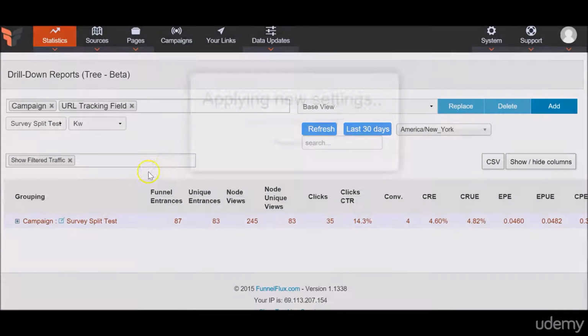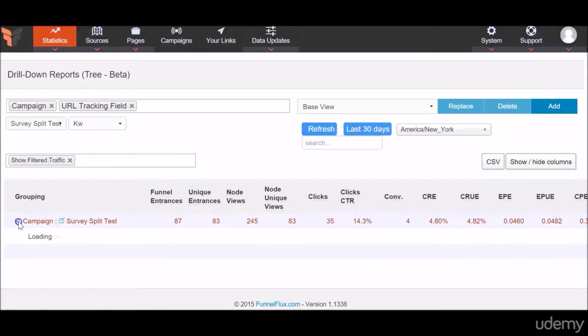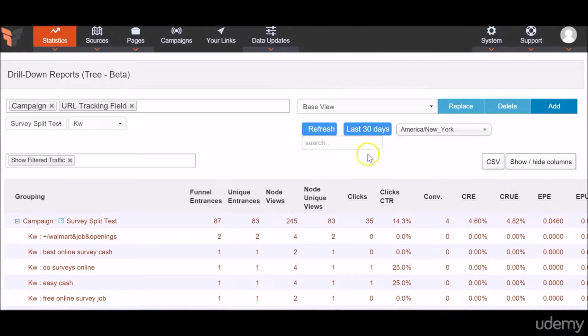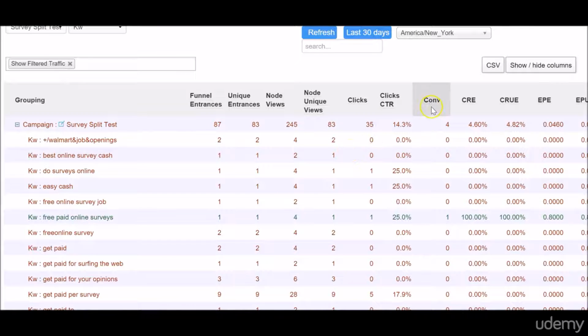So let's apply. Great. So now we're actually going to see all the keywords, and we're going to see how they're performing. You're going to see how many clicks they got, you're going to see how many conversions they got, and this is just one of my dummy examples for the purpose of this. So if you look at,